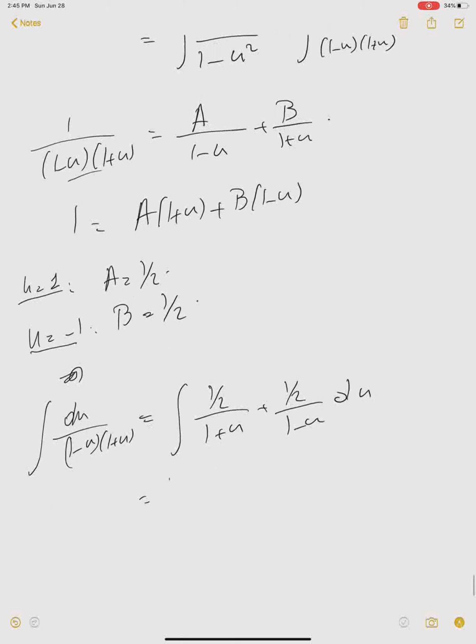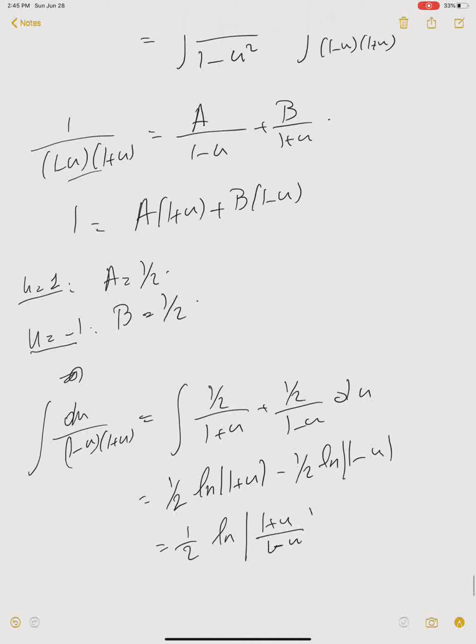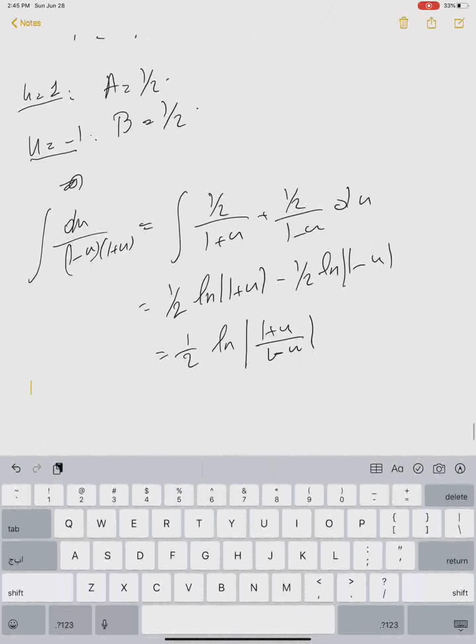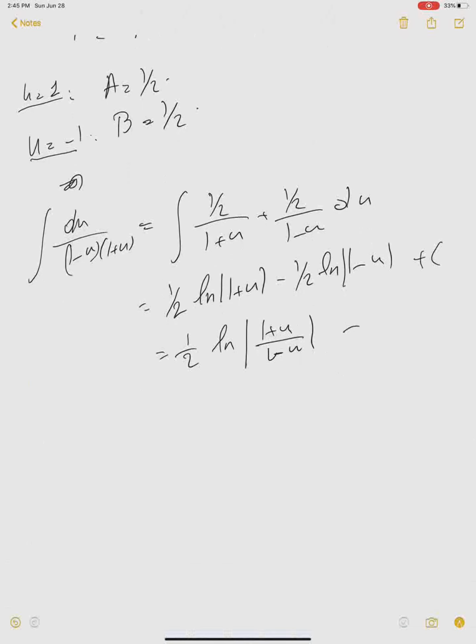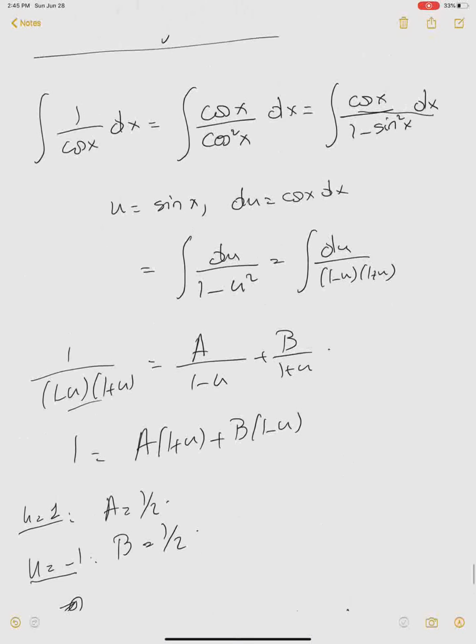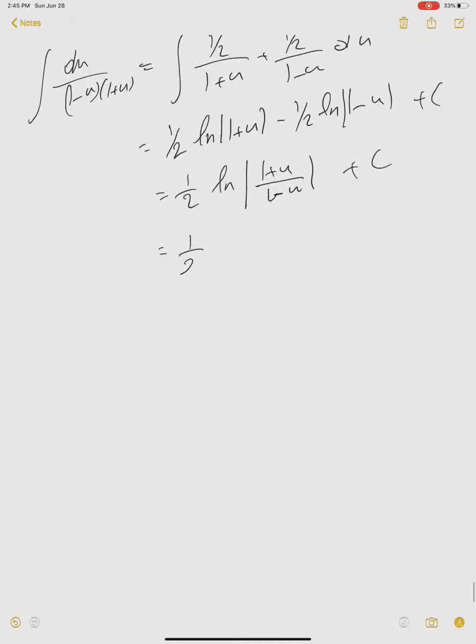And when I integrate, this is equal to half log absolute value of 1 plus u minus half log of absolute value 1 minus u, which is equal to half log absolute value of (1 plus u) over (1 minus u), plus a constant. But now remember that u is nothing but sine x. So this is half log of (1 plus sine x) over (1 minus sine x)